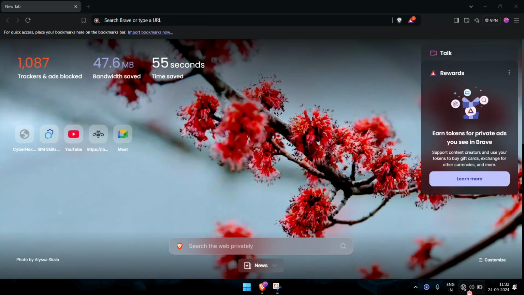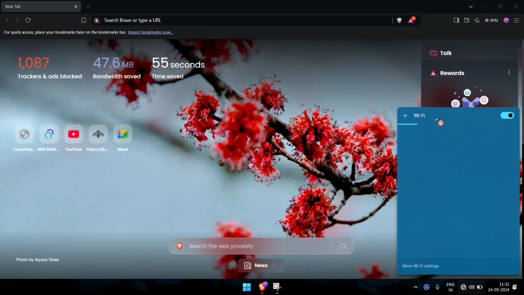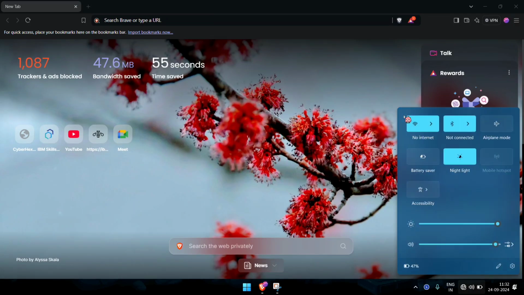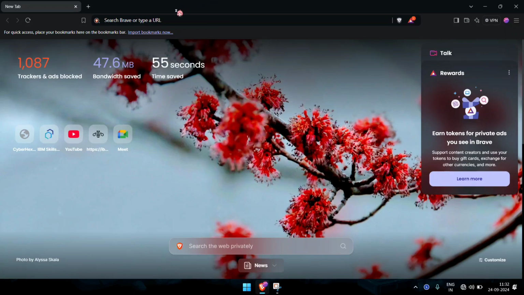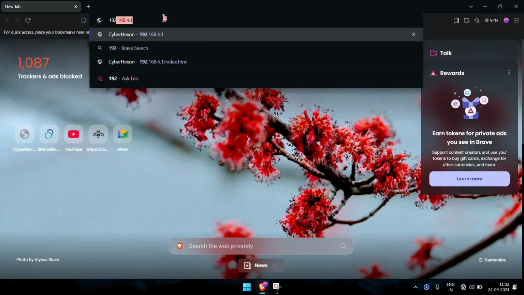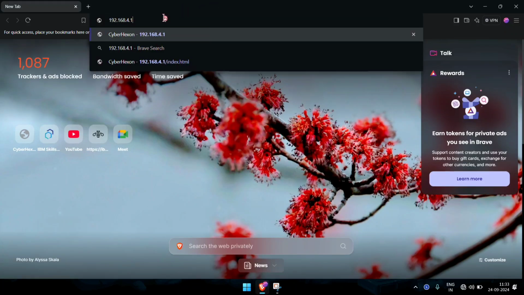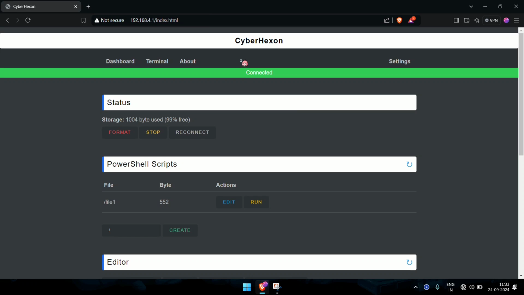To access the admin panel, first go to your Wi-Fi, connect to the CyberHexon's Wi-Fi network, and then go to your browser. Once you're inside the browser, go and dial the IP address of the device. Now here you can see this is the admin panel, and you have options like dashboard where you get information